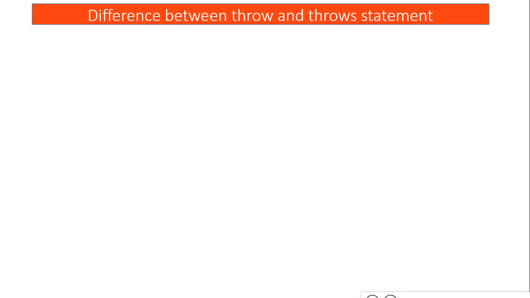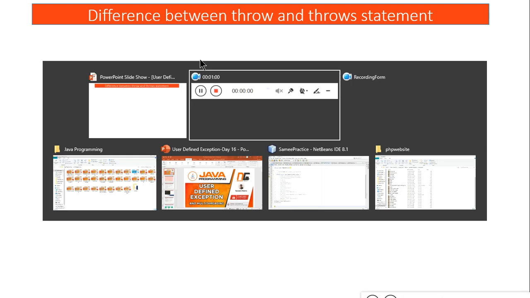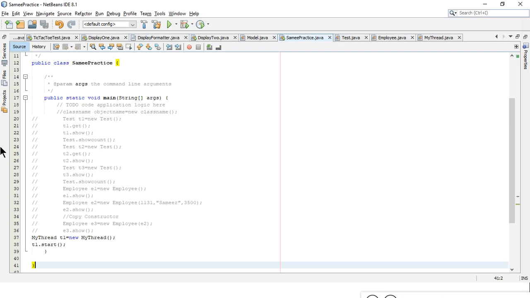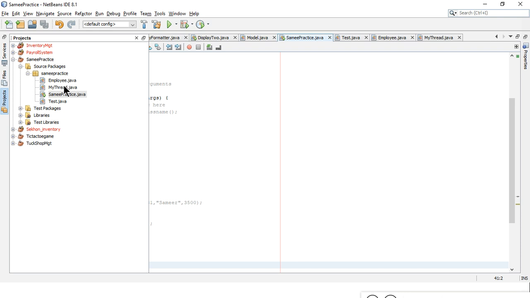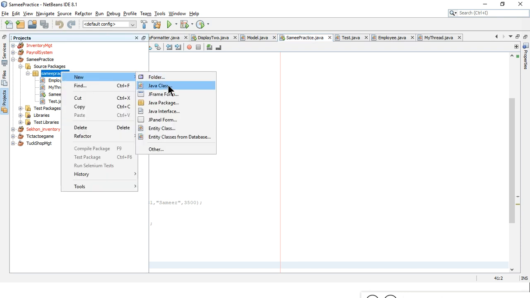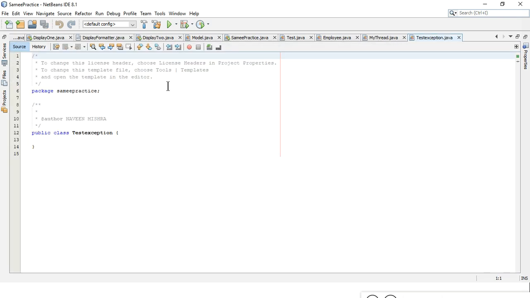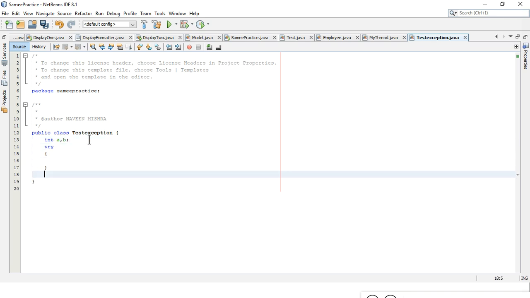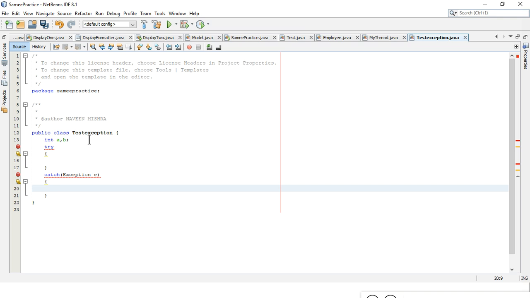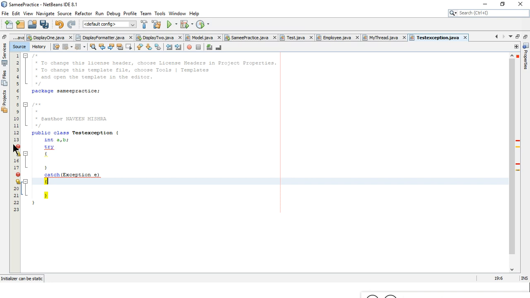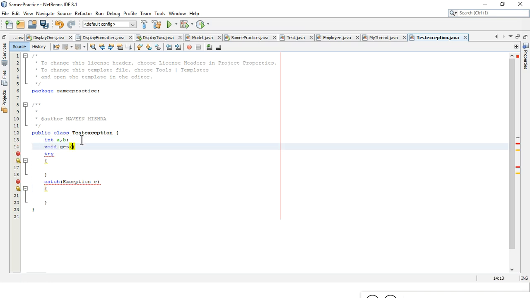Difference between throw and throws. So first of all, we have to understand what is a throw and what is a throws. Whenever we write a program, just a second, I have to write a new file here, test exception. So if you are creating a program of exception handling, generally what you do is you will start a try keyword followed by the catch keyword, and you will pass the exception parameter here. From the try block to the catch block, the control is automatically transferred. Okay, I have to place it inside a method.